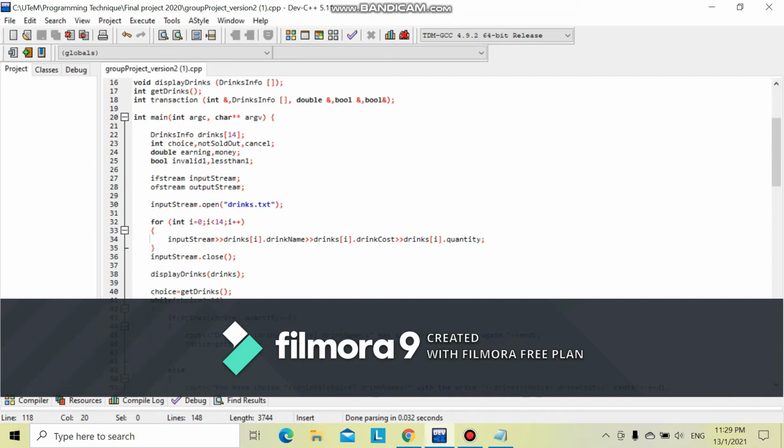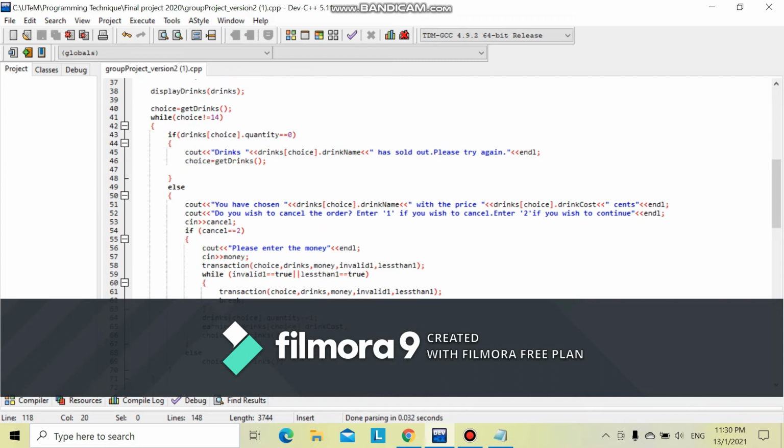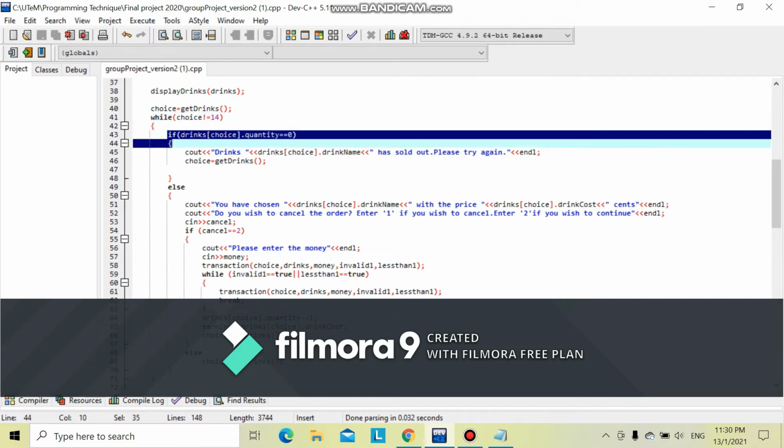In the main function, after the program gets the choice of the drink from the customer, it goes through two conditions to continue the program. When the choice is not equal to 14, then it will get here